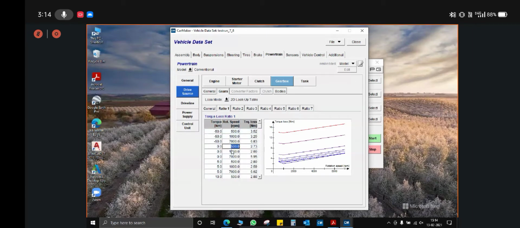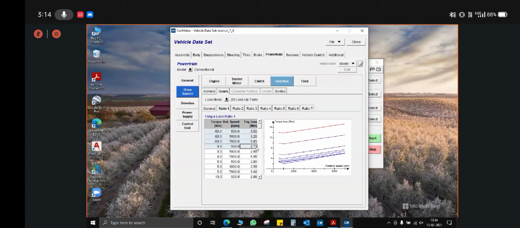When you start the engine and your CVT starts rotating, it will give a negative torque on the opposite side of its actual rotation, and that's why it is negative. If you don't define it as negative and you directly go on from 0, then your simulation might show an error. So make sure that the very first torque loss values that you define are negative.